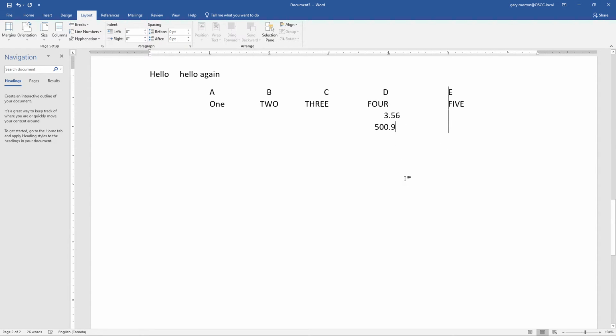So you notice it lines up the decimal in the words. So this would be good for like a price list, especially if your numbers don't have the same number of decimals. So if you notice,